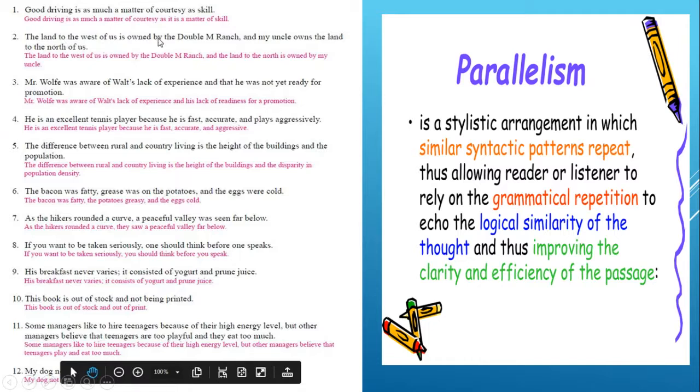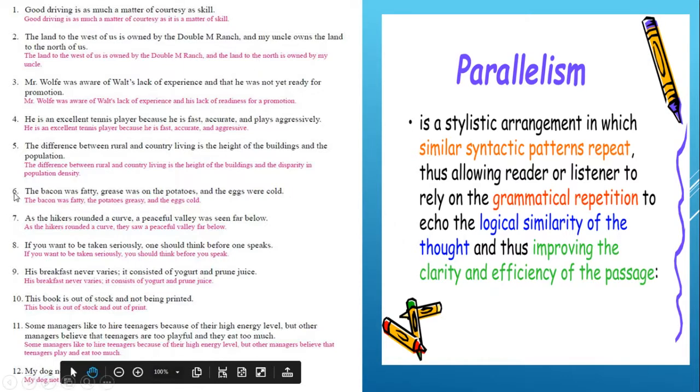Here you have: the land to the north of us is owned by Double M Ranch, and my uncle owns the land to the north of us. Yeah, you might say it's a perfectly good sentence, but I'll look at it and say, no, it's not balanced. Because the land to the west of us is owned by the Double M Ranch, and the land to the north is owned by my uncle. See how this gives it more power, more emphasis? So when you're writing, be careful that your tenses are matching up,